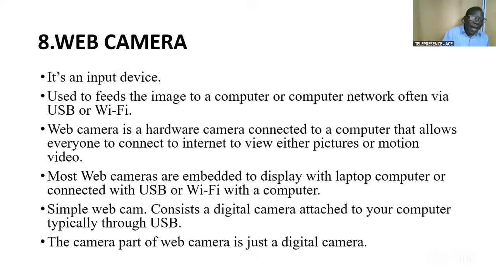Well, webcam. A webcam is an input device. Before we go down into webcam,